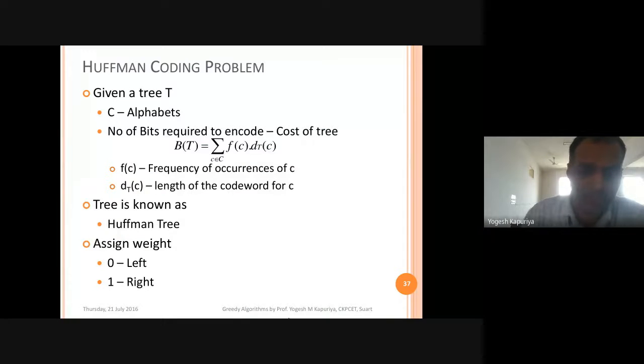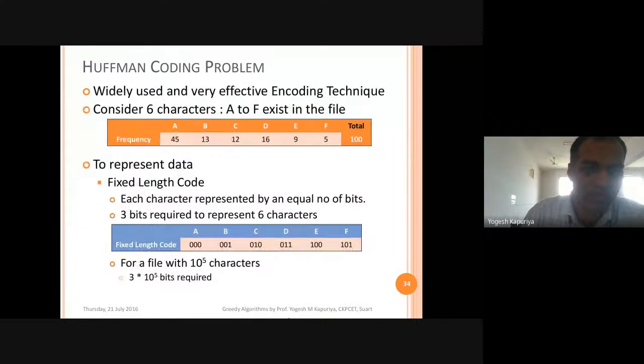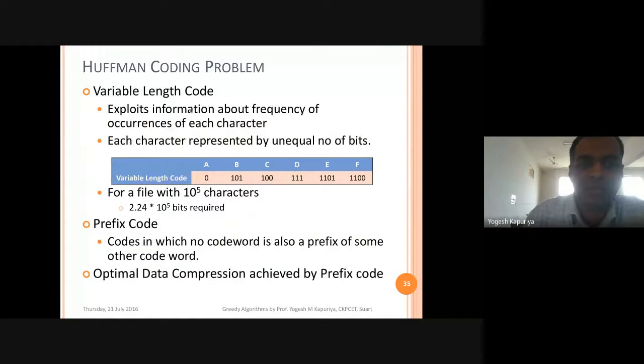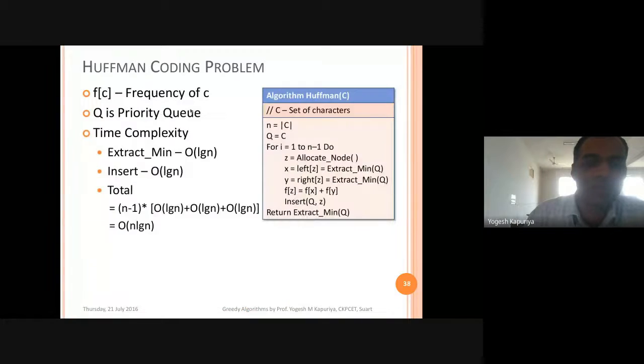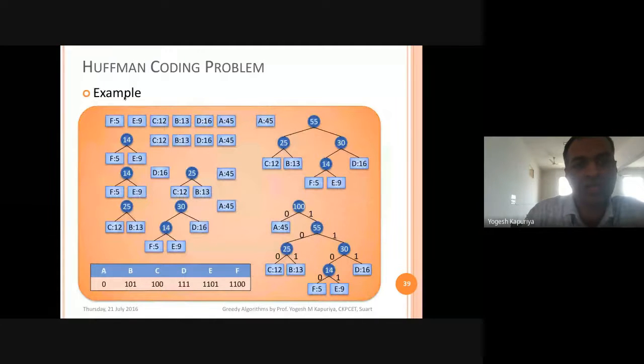Okay. In examination, most of the time you will be given this type of table. In the previous exam, they gave something like this. So some text was given, and the first job was to count the occurrences. You have to count how many times W is repeated, I, D, E, L, Y is repeated. So the first step is you need to generate this table. Then after generating the table, you are supposed to generate the tree like this.